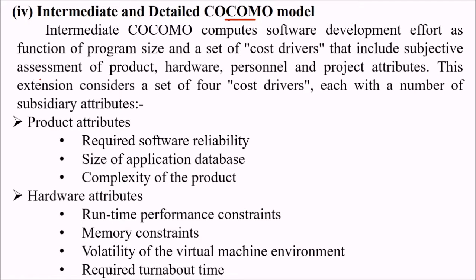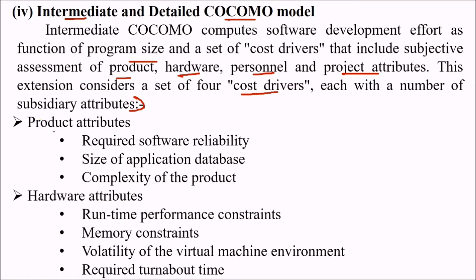What about the intermediate and detailed COCOMO model? What do we mean? Because we know the COCOMO model, but we have intermediate and detailed COCOMO models also. Intermediate COCOMO computes software development effort as a function of program size and a set of cost drivers that include subjective assessment of product, hardware, personnel, and project attributes. So this extension considered a set of 4 cost drivers, each with a number of subsidiary attributes,